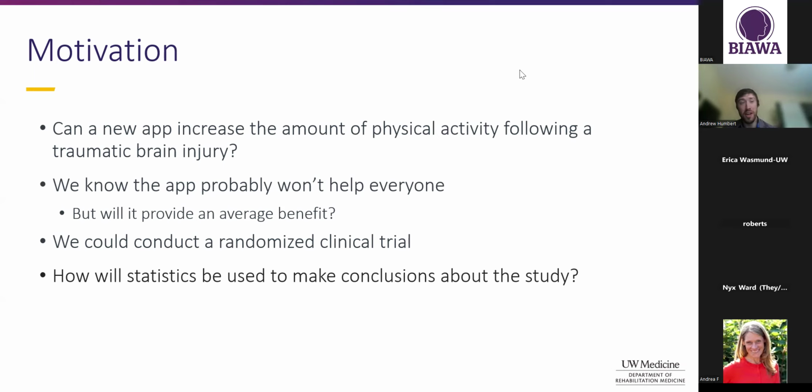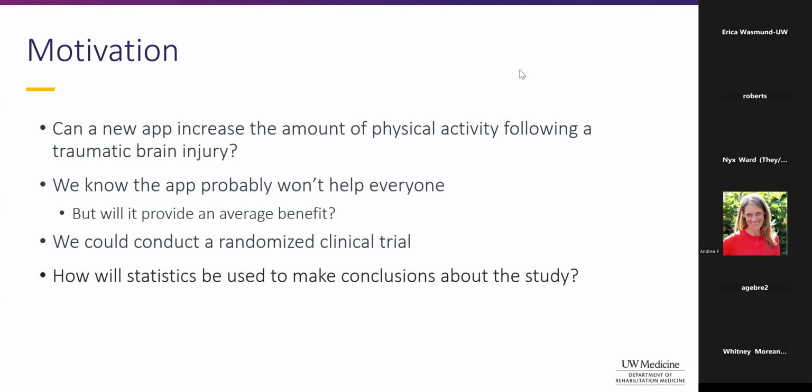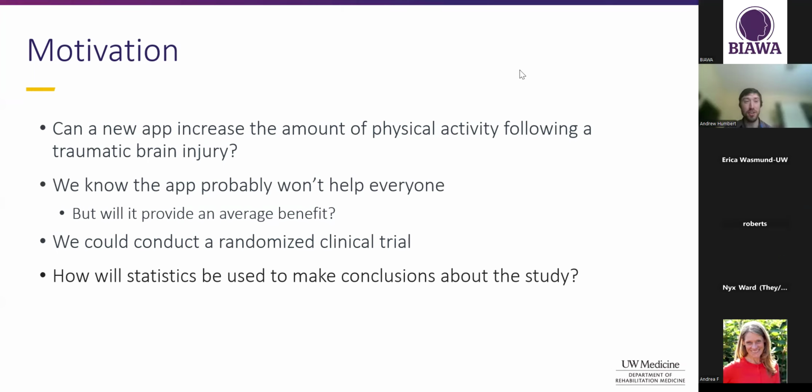Now, we know that creating an app probably is not going to help everyone. So we're not looking for benefit for absolutely everyone, but we are looking at whether this app will provide an average benefit. Is it giving more help than harm? And the way we often assess this is by conducting a randomized clinical trial. So we set up a study, we sample individuals, we see how those individuals in that trial do, and then we use that to try to make some kind of conclusion about whether this app is really effective or not. And that's where this component of statistics really comes in: